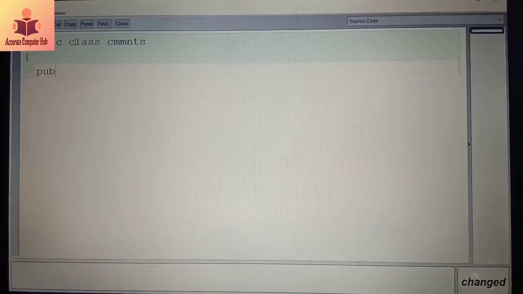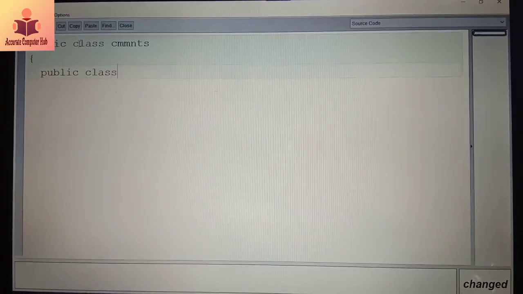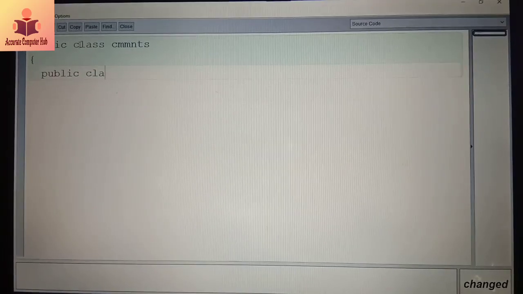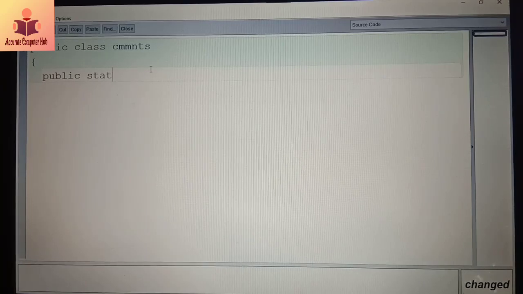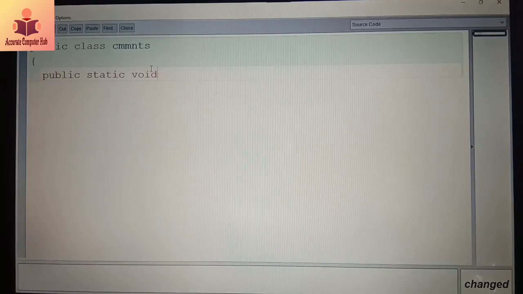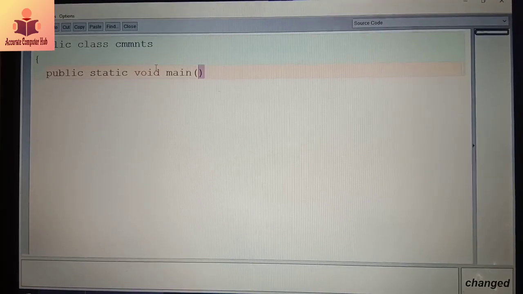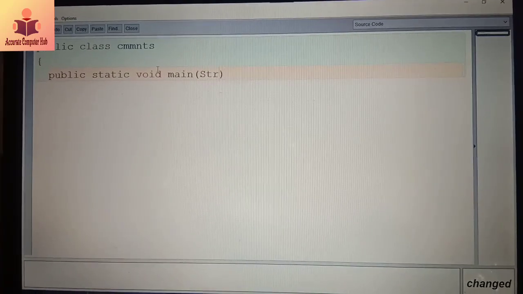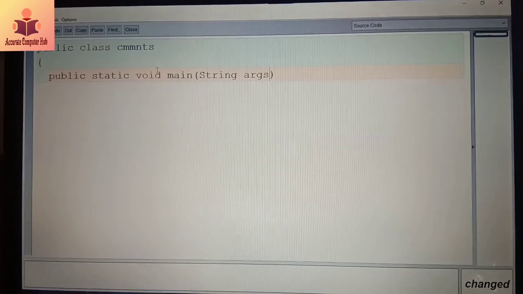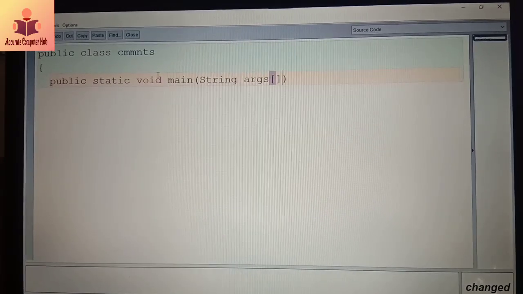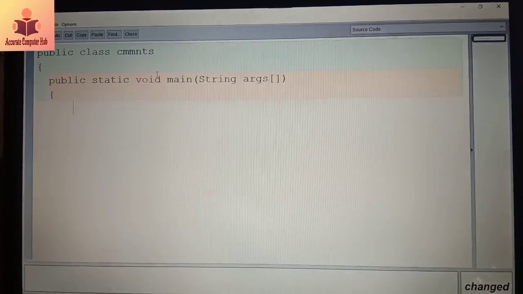Again you have to write the main method: public static void main. Then again we have to open one curly bracket.